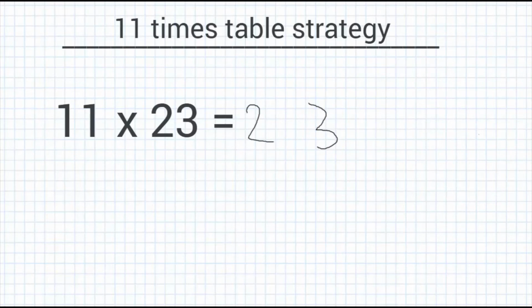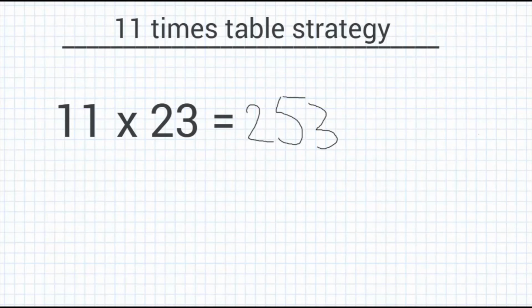Okay, so our next step is simply just to add both of those numbers and write the sum in the middle of both of the digits. So 2 plus 3 is 5. And there is your answer,